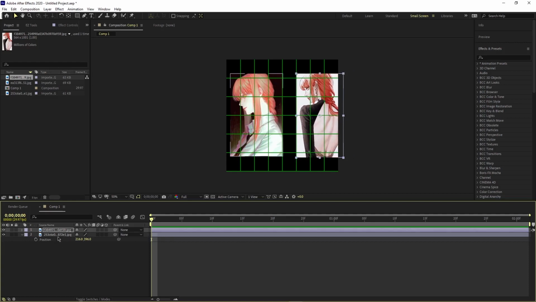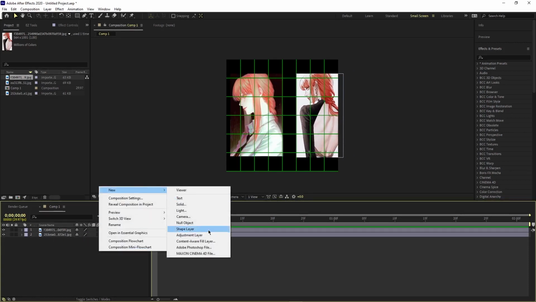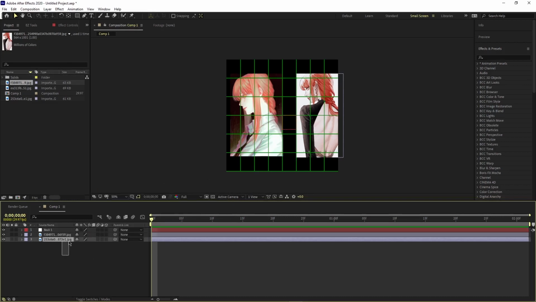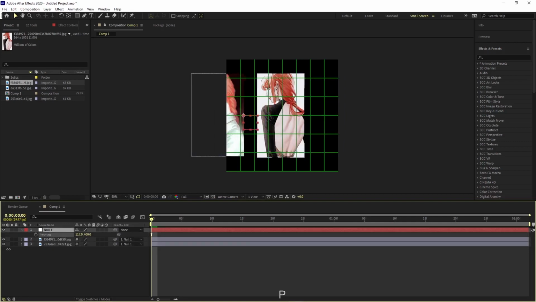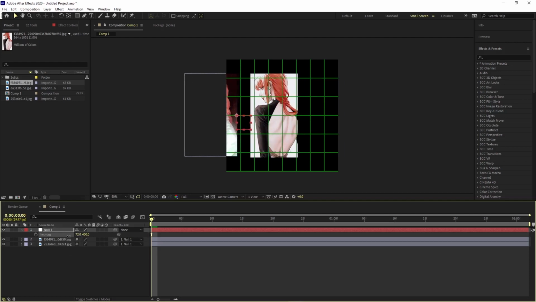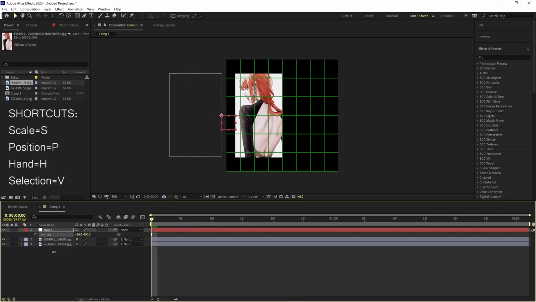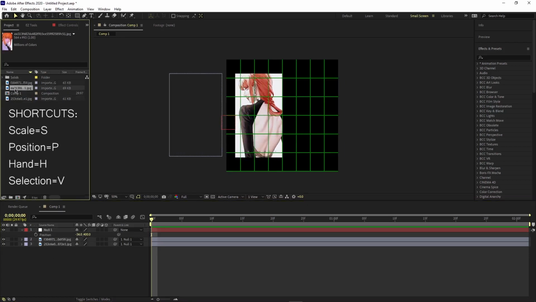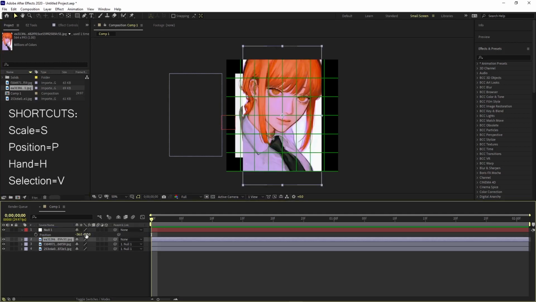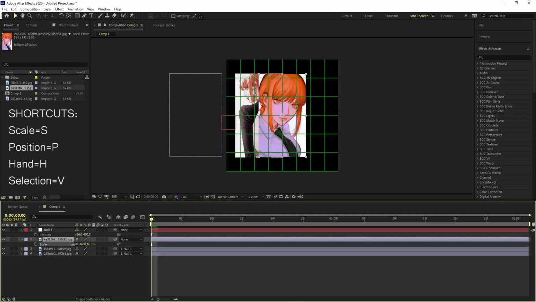And then what I do to make it easier for the third clip is make a right click on the timeline, new, and create a null object layer. Then select both layers and connect them to the null layer that we just created. Press P on the null layer, and then we can just slide like this and put our third clip on it here. Then resize it, of course,